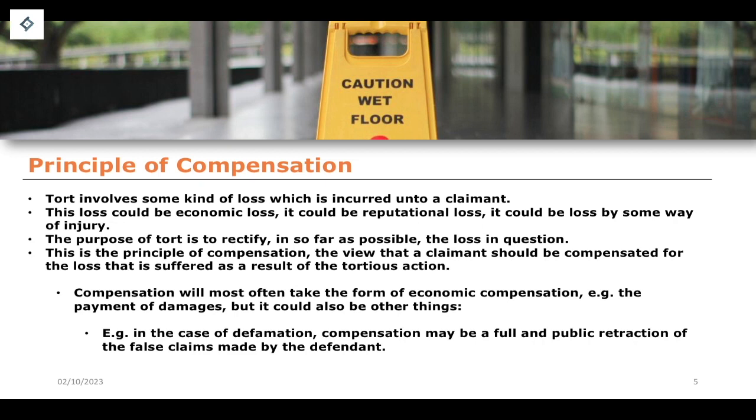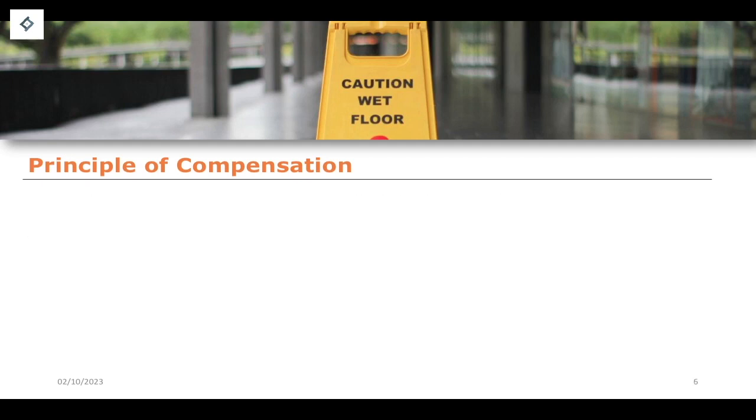So if you make a false claim to the public and the individual has their reputation damaged as a result of this, you may be sued for defamation, or maybe threatened with litigation for defamation, and you may have to then retract that public statement that you had made. And that can be seen as a way of rectifying the kind of loss that was had if that particular piece of false information had continued to stay in the public domain without the rectification and the correction